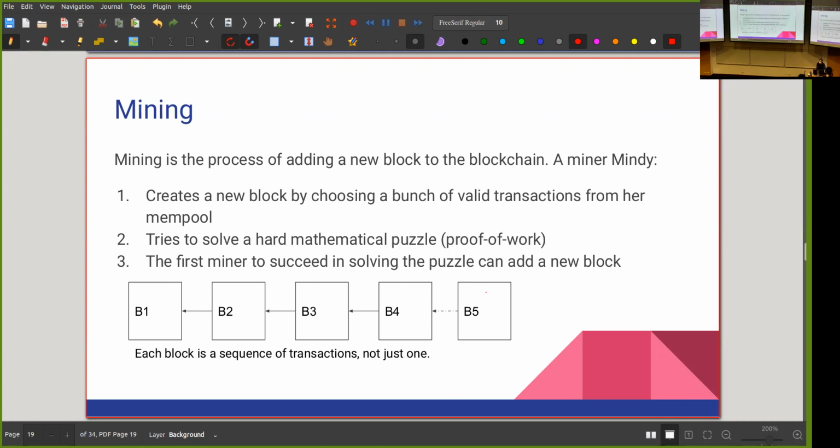This is the part that is called proof of work. And I'm going to be competing with everyone else who wants to add their blocks. The first person who successfully solves this mathematical puzzle gets to add their block. So that's the idea. And you can now see that this would actually help us in reaching consensus, but it still doesn't guarantee consensus.